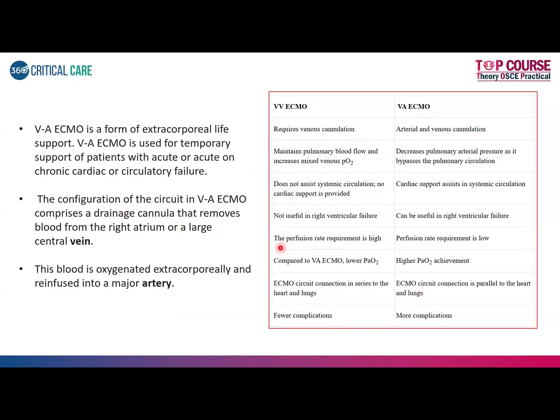VA is used. Perfusion rate requirement is quite high. Perfusion rate requirement is low. And lower PaO2 is achieved. A higher PaO2 is achieved. The ECMO circuit connection is in series in case of VV ECMO, a very important point. And the ECMO circuit connection is in parallel in case of VA ECMO. I wouldn't say there are fewer complications, but there are certain VA ECMO specific complications